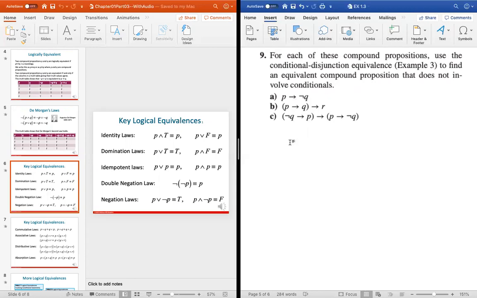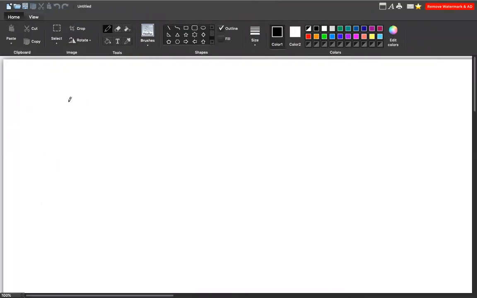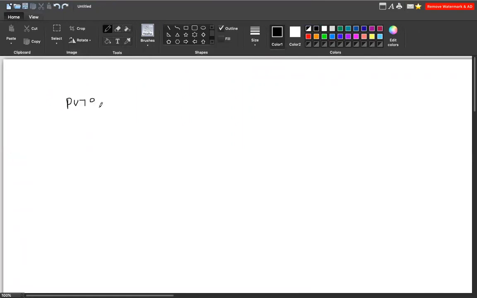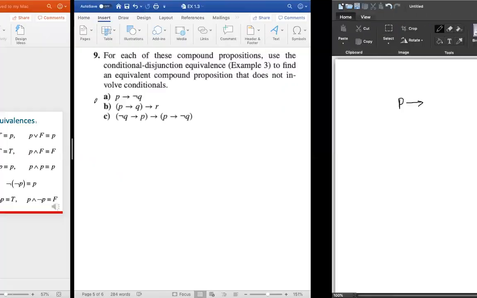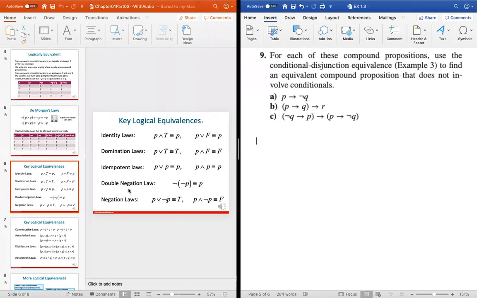So here, let's start with part A. So P implies negation of Q. I'm sorry, it's implication, not R. So P implies negation of Q. So this one, the rule that we will be using is